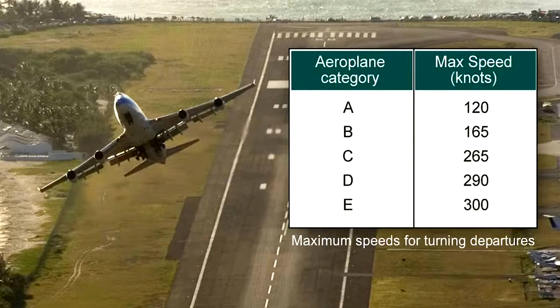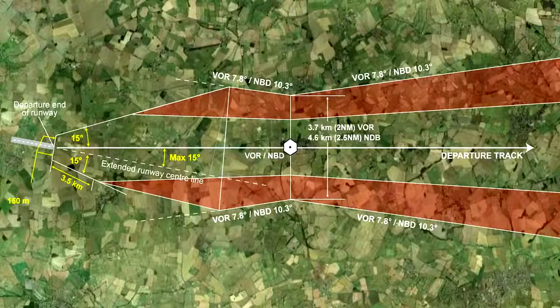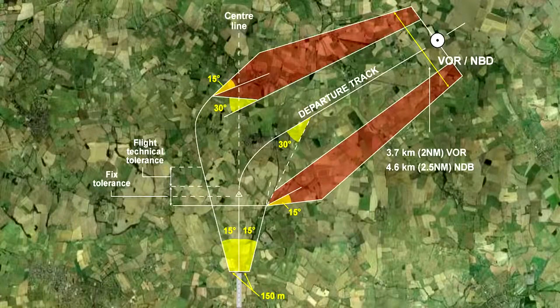There are two basic types of departure routes, straight or turning. Departure routes are based on track guidance acquired within 10.8 nautical miles from the end of the runway, DER, on straight departures and within 5.4 nautical miles after completion of turns on turning departures. That is, 20 kilometers for straight and 10 kilometers for turning departures. The design of the instrument departure routes is based on the definition of tracks to be followed, along which the pilot is expected to correct for known wind and remain within the protected airspace.